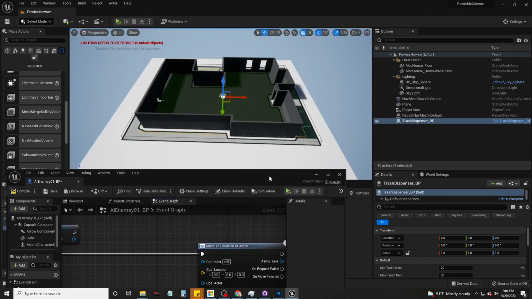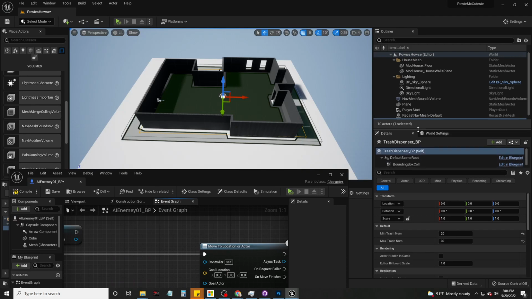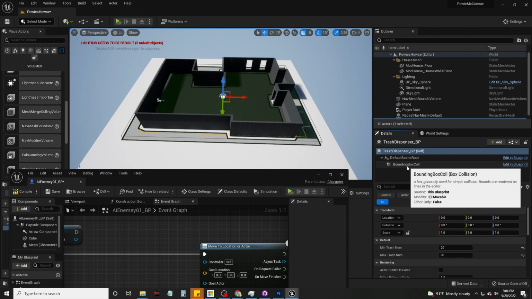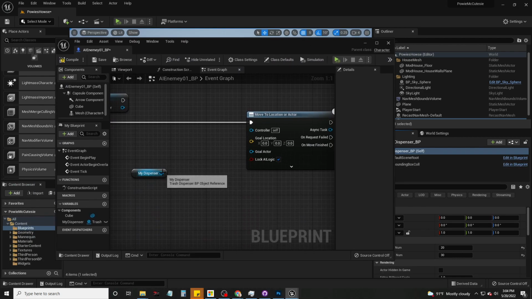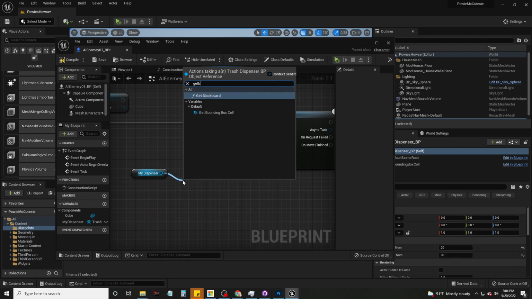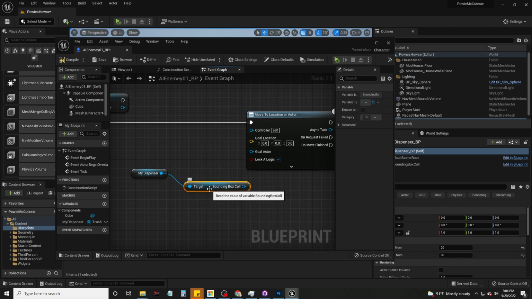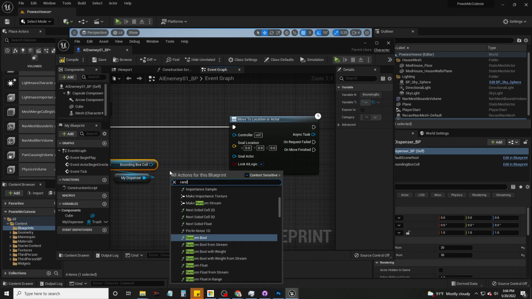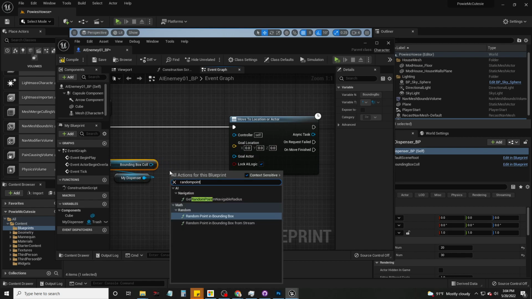Sorry, what is that actually called? Get bounding box call for collision. Okay, now this is the bounding box that I want to say like a random point. So I think if I type in random point in a box,